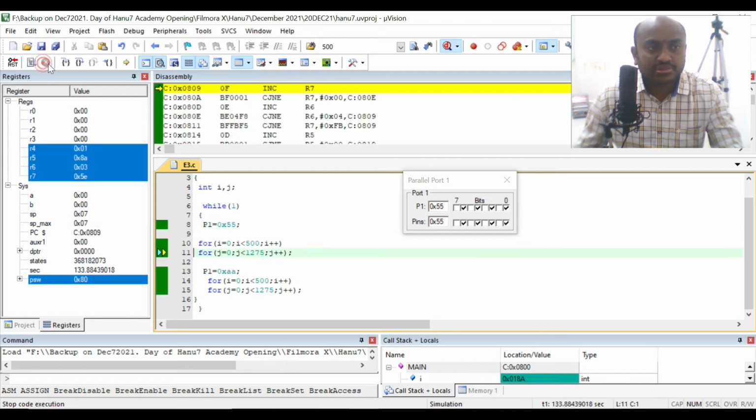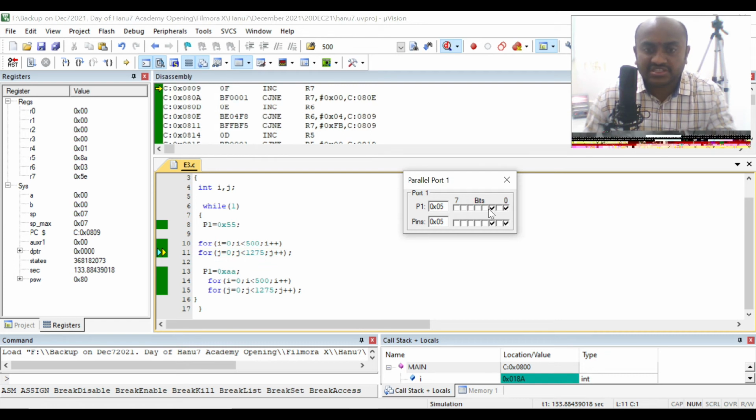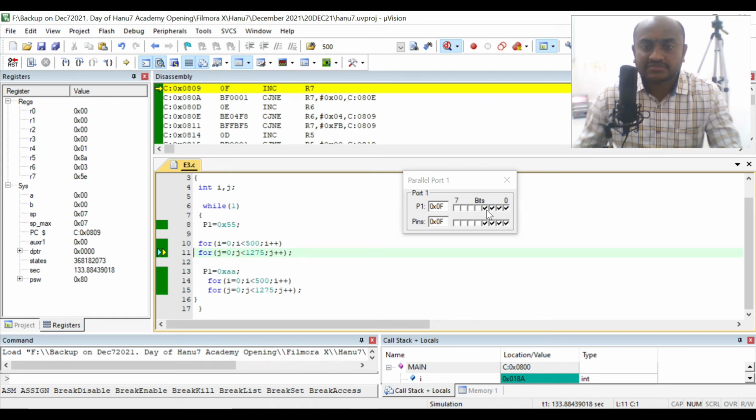If you want, I can show you here. This is your 5 and 5. The lower nibble is 5 and the higher nibble is also 5. This is the lower nibble pattern. If you want 8, then you will get 8. F, sorry, this is F, and this is 8. 8 plus 4, C. If you want 10, this is the 10. 8 plus 2, 10. Then 11, 15. Like this you can do the blinking pattern.